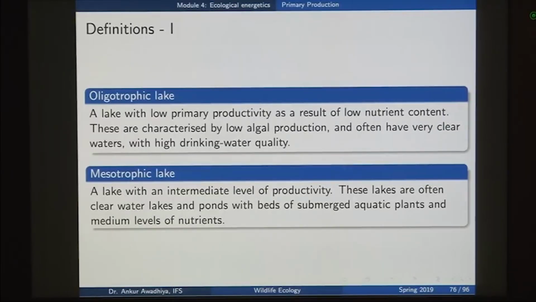So, because you do not have these minerals, nitrogen, phosphorus, potassium, or because your lake is in a place where it is not getting sufficient amount of sunlight, or if it is in a place that is so cold that it does not allow any plants to thrive, you will have a situation of an oligotrophic lake. But in most situations we observe that this is because of a low nutrient content. Now, a low nutrient content can happen if you have, for instance, a glacial lake. Now, in the case of a glacial lake, you have a glacier that is melting.